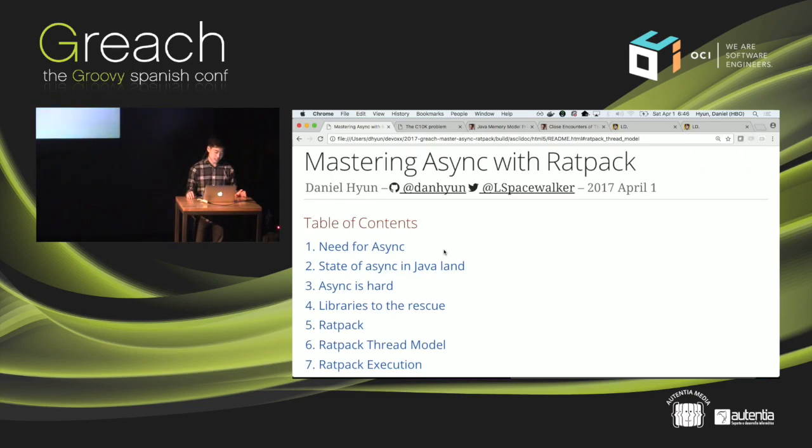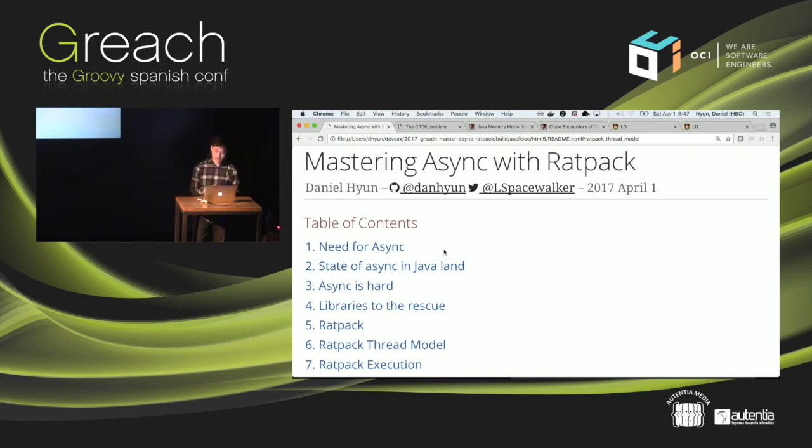more in depth. And one of the most crucial aspects about working with Ratpack is that Ratpack is asynchronous, non-blocking, reactive, blah, blah, blah. Things that you hear everybody saying these days, but what does that really mean, and what does that really mean for you as users of Ratpack?